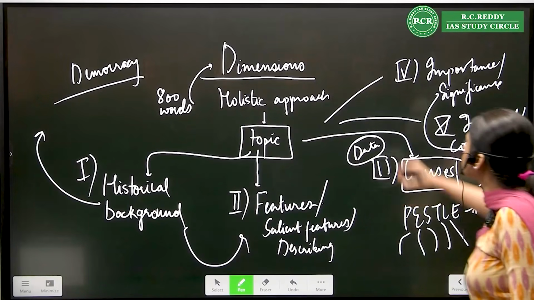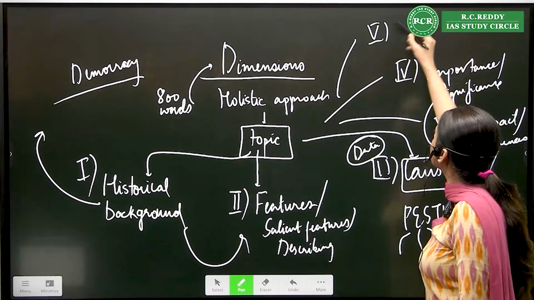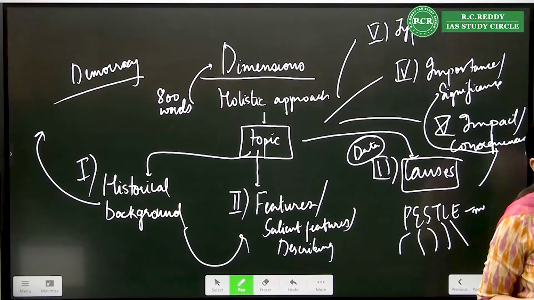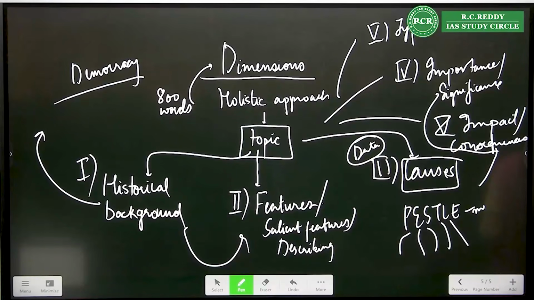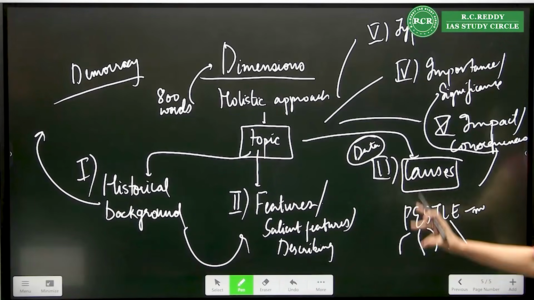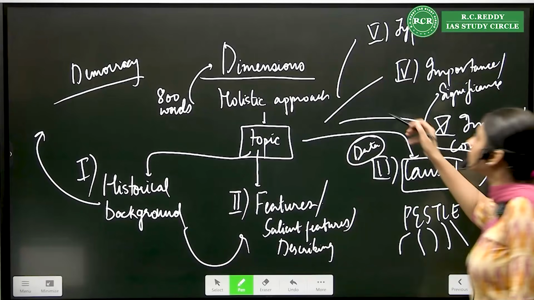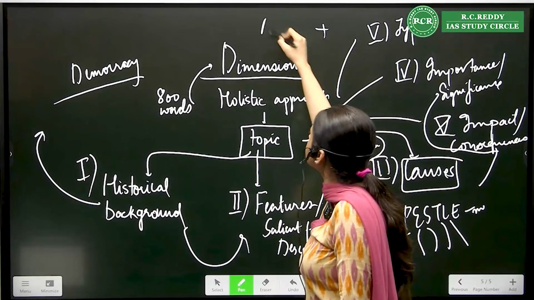Even in some essays, types might be there, like the AI topic. There is weak AI, there is strong AI. Two models are there, and there are other further models of AI too. So you can discuss types also. What is the arrangement of these points? That will depend upon what kind of essay topic is there. But your thinking will more or less be around this, or might include other additions, other dimensions.